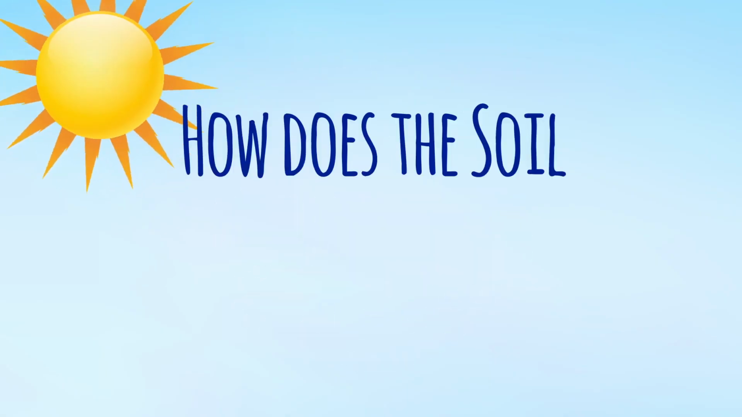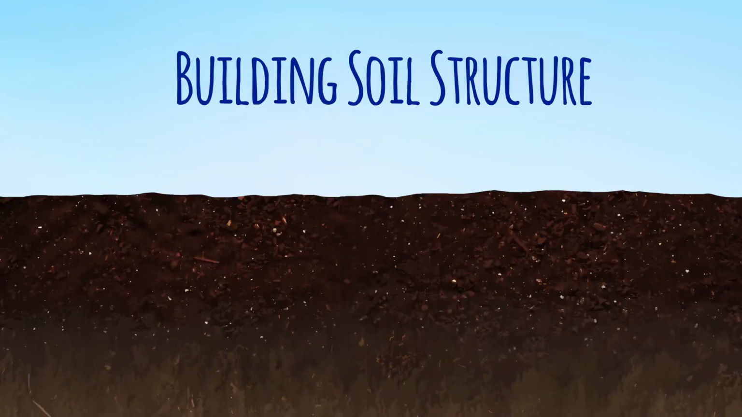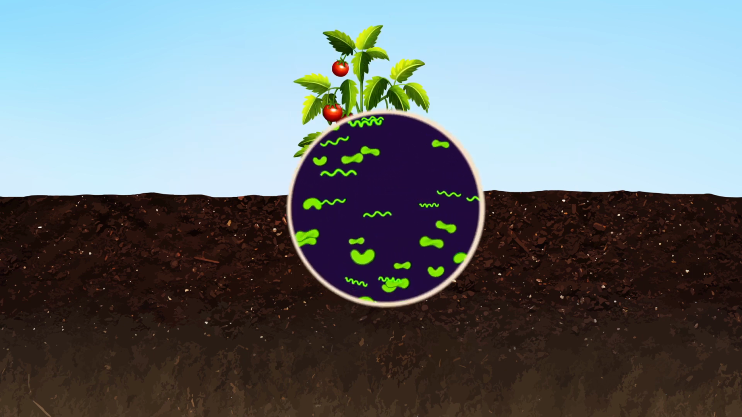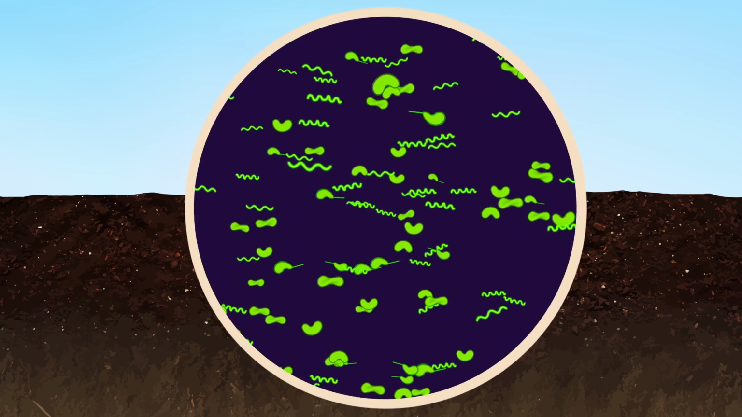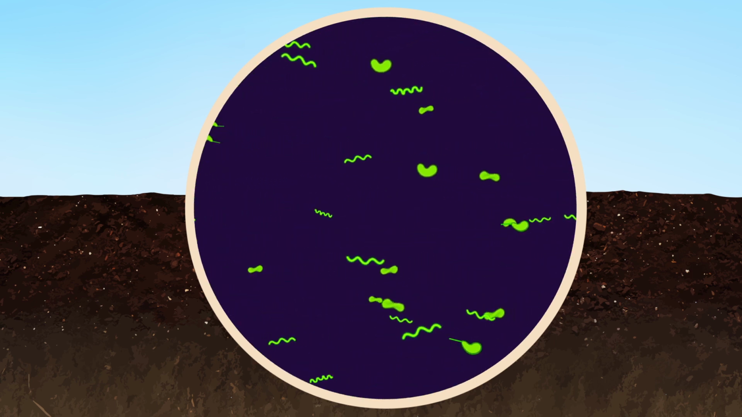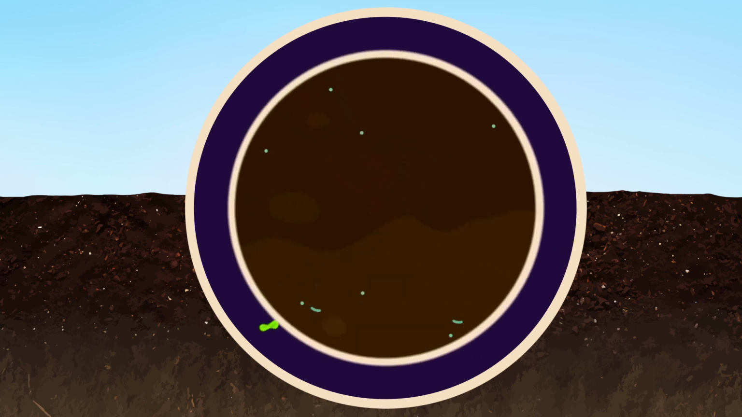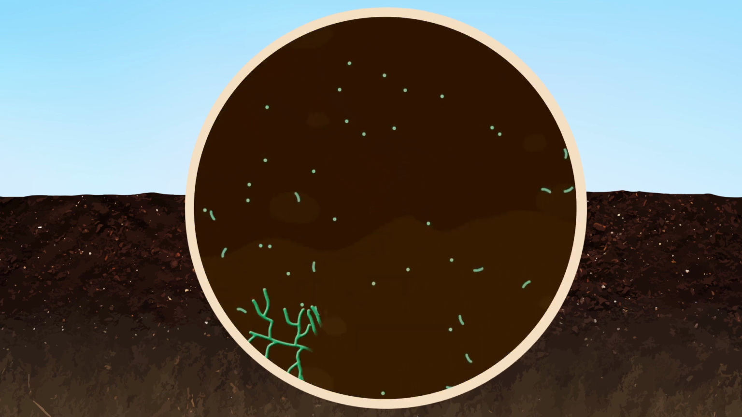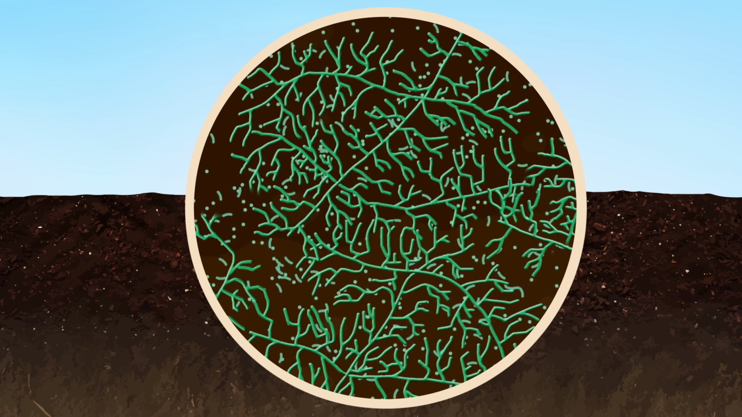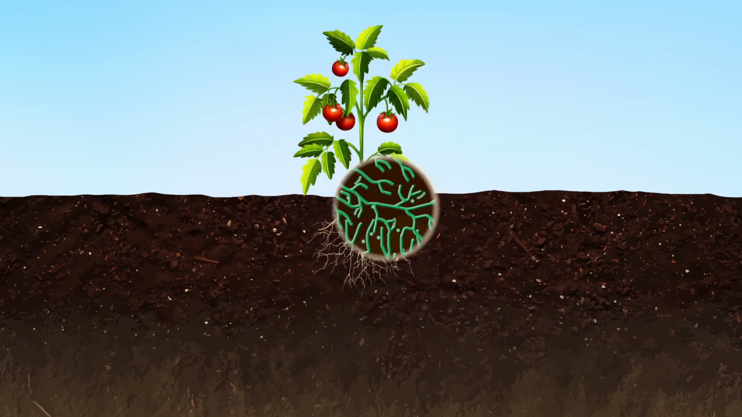So, how does the soil food web inhibit pests and diseases? Well, if you've watched the animation on building soil structure, then you'll know that a well-structured soil is a hostile environment for most disease-causing microorganisms. That's because these anaerobic organisms don't do well in an oxygen-rich environment. This means that they are easily outcompeted by the beneficial aerobic microorganisms that do thrive in oxygen-rich environments. Access to foods for the anaerobic microorganisms is severely limited by the competition from the beneficial aerobic microorganisms, making life